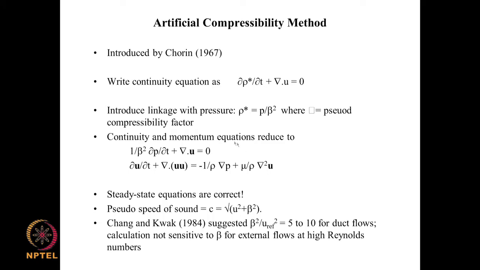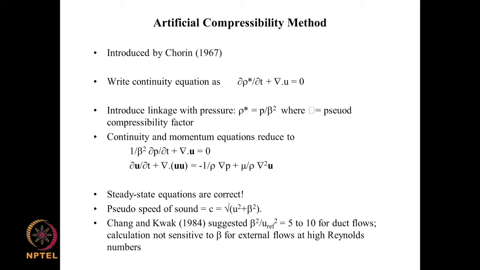Now, these are the equations that we are solving, and we would like to keep in mind here that in this form rho is the true density and u here is a vector. So this is a vector equation. This is a dyadic product. So this is actually 3 equations, the x momentum equation, y momentum equation and z momentum equation, and we have to keep that in mind, but it is written in a compact notation in the vector form like this. And when you look at this equation, are these equations correct?